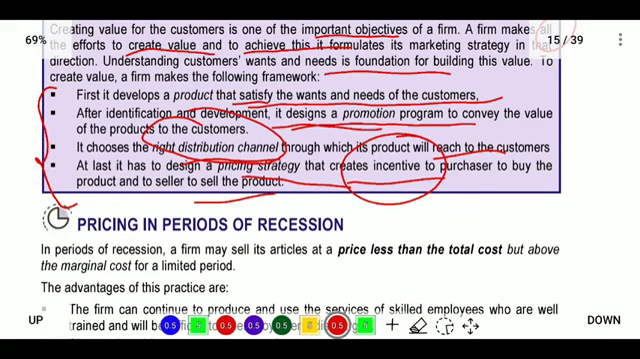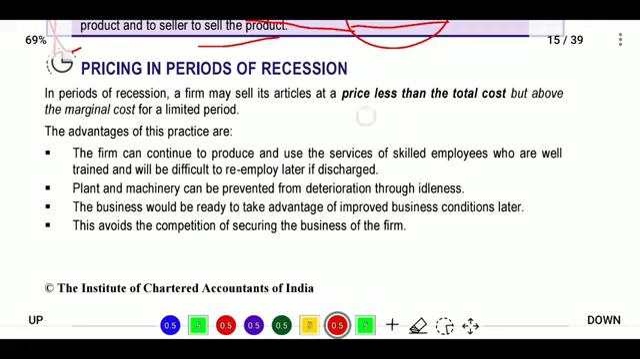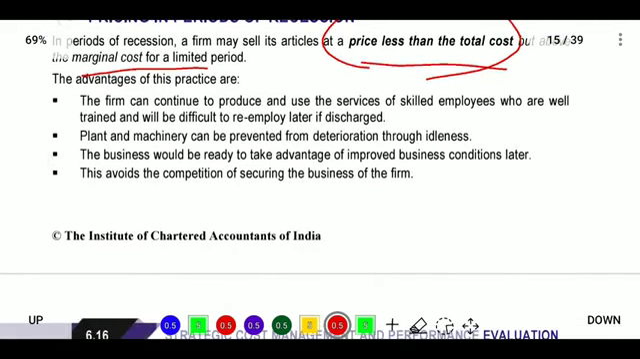Next we will see pricing in a period of recession. Then what are the pricing periods? In a recession, a firm may sell its articles at a price less than cost. Sometimes we need to sell our product at the price minus total cost, that is, marginal cost. How much we spend, we sell at that much only, for a limited period. The advantages of this practice: